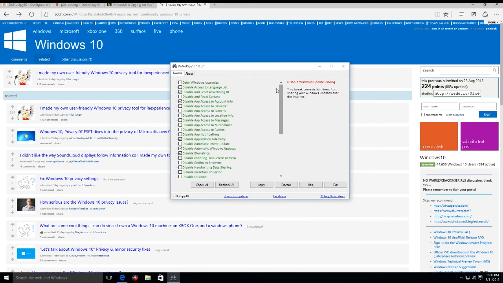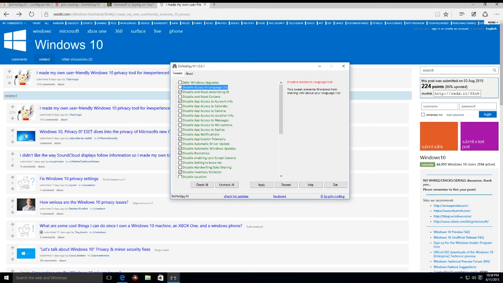All you have to do is disable a few bits of adware that come in there, and that's it. It's simple, easy to use, straightforward. It comes with the description of everything that it does,